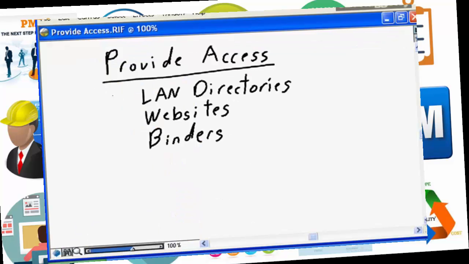As I just showed you, one very easy way to do that is through a LAN directory. As discussed earlier, I personally am a huge fan of creating project websites and providing that same information in a project website. To me, the advantage of doing it through a website as opposed to a LAN directory is that the website presents the information typically in a read-only format, i.e. HTML,